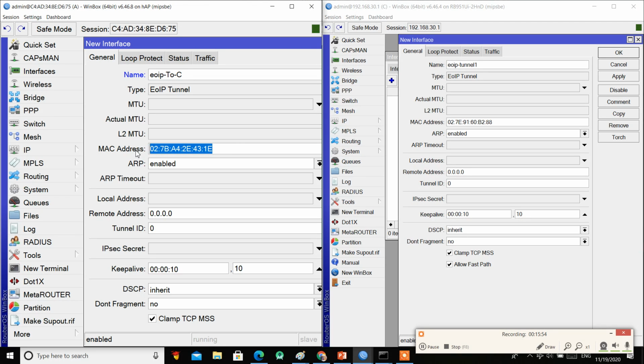Why? Because it's a Layer 2 entry. It can operate Layer 3 too. Okay, local address 10.10.10.1 and remote 10.10.10.9. And the tunnel ID should be the same